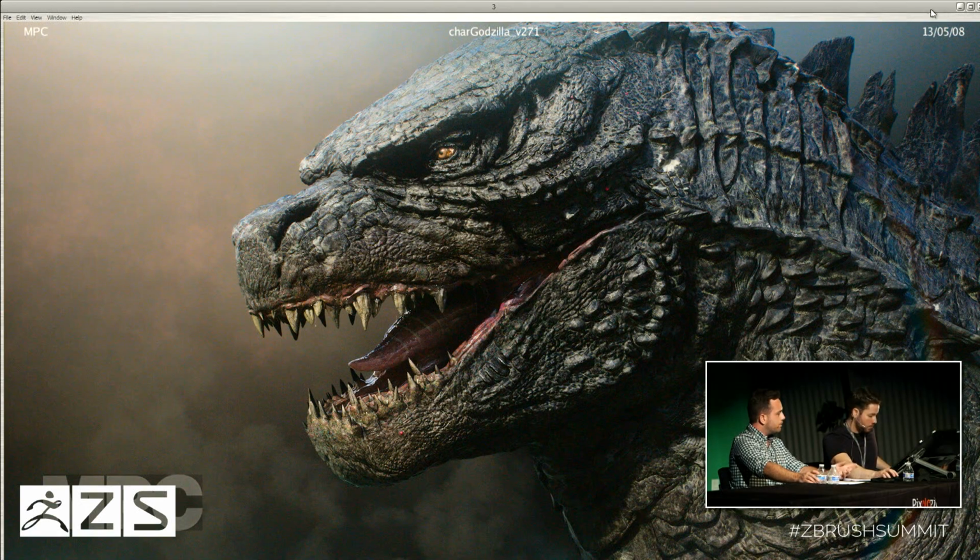And this is just because he had to resculpt the mouth at this point, so we had to get that approved. A lot of the times when you work on something like this, you don't just sculpt all of Godzilla and then present at the end and say, this is Godzilla, and now it's done. That's not how it works. A lot of the times we might work on a hand, and you sculpt the nails and you present it. And the supervisor, who in this case was Guillaume,